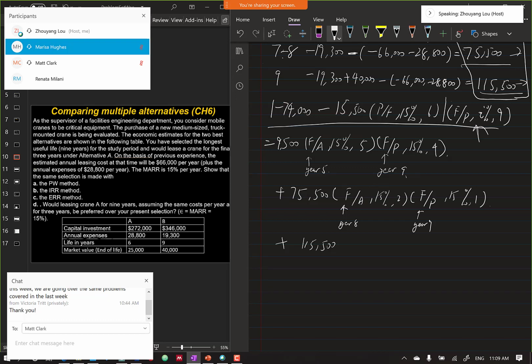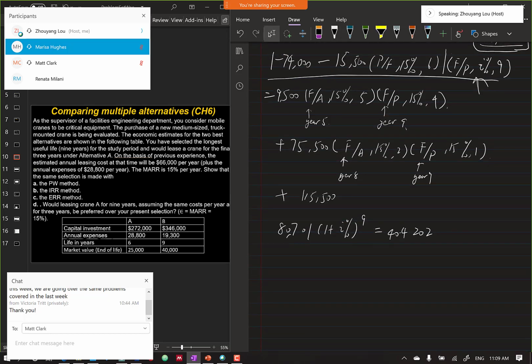So what we will have is on the left, that's 8,701 times 1 plus I to the power of 9th, and that equals, the right hand side will become this number, and this one can be calculated by the calculator very easily, and we can get the ERR